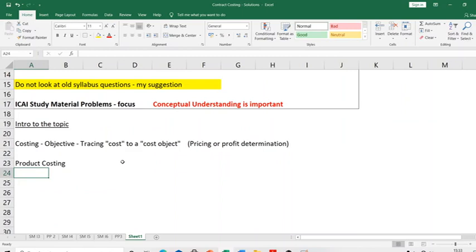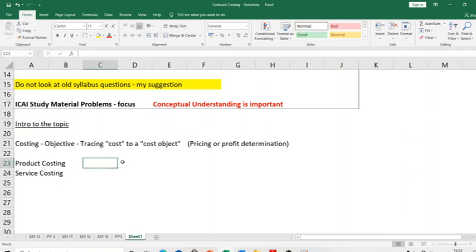Now, there was another chapter called service costing, or it's also called operating costing, where the cost object was not a product; it was probably a service. Let's take a transportation company. A bus wants to charge a certain fare for every trip it is going to offer. So for every trip, what is the cost associated? What is the cost of running the bus for one trip? And then what is the price it will have to keep for the ticket? For example, a transportation company or a hospital.